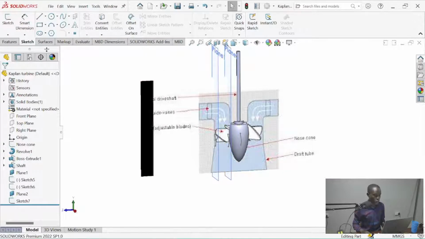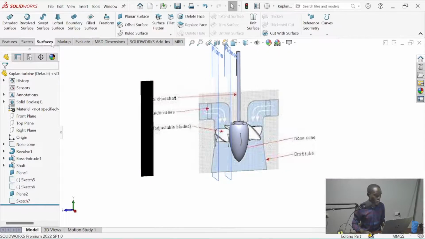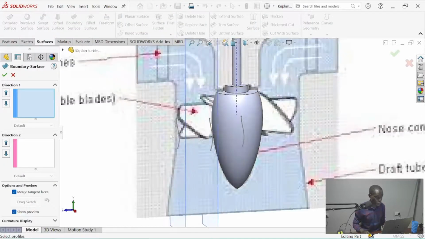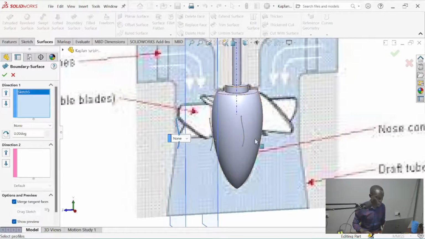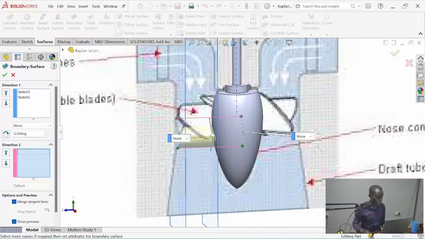So you can then go to surfaces and you select boundary surface. Select the three important parts. First two, the direction. Now let's try formula.